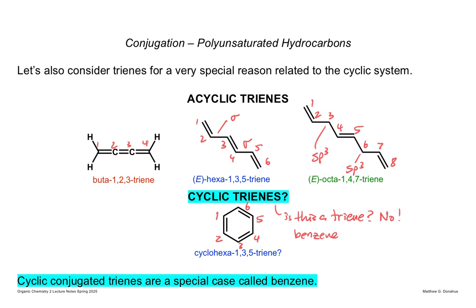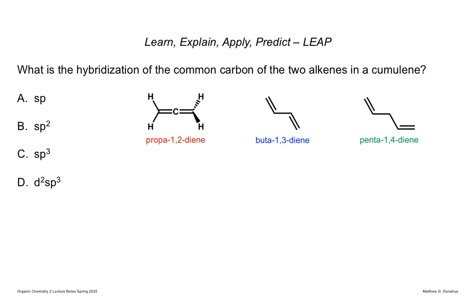And because it's a conjugated triene in a ring, it has another special property called aromaticity. So one of the conditions of being aromatic is that you have to meet the criteria for being conjugated, but also in a ring, and then some other things that we'll talk about. So that'll be some of the lectures here in Module 1. But moving forward,